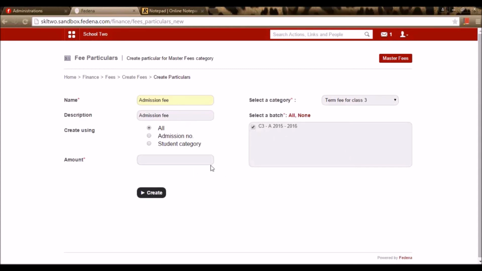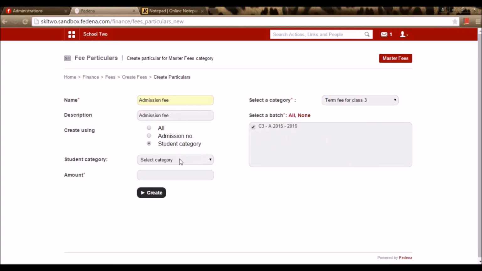And I can go for another option for creating this particular for all the students in the batch or based on any criteria, say admission numbers or student criteria. So any student category, say staff children or any other category, say sibling category, can be applied here.